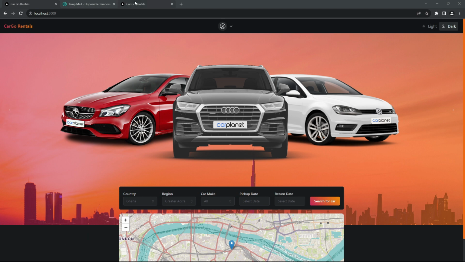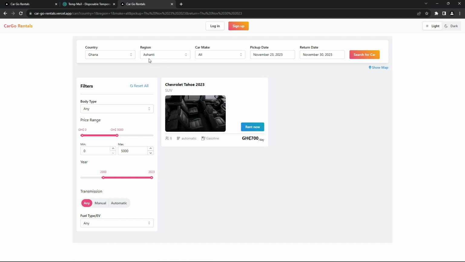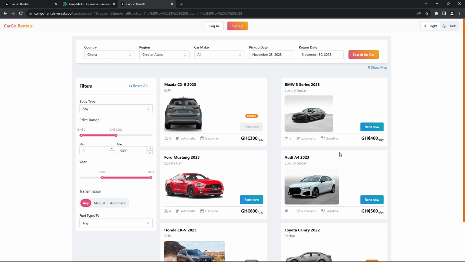So let me show you the finished app, what we are going to be creating in this part. As you can see, this is the car list section of our application, and here we see the list of cars based on the region and then the country you've selected. So you select a region, for example here, and then you click on search, and it's going to fetch all the cars that are within that particular region that you search. If I select another region, Greater Accra, and I click on search, then we get all the cars